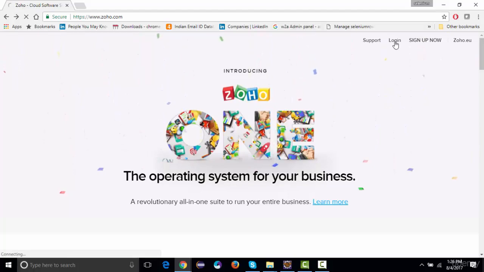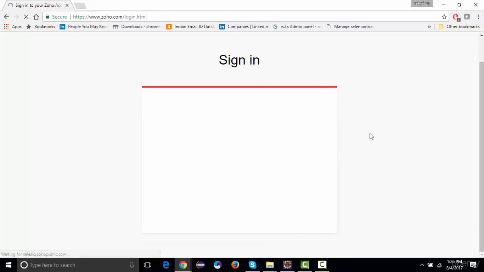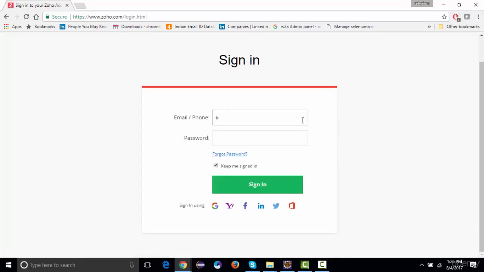So let's say I perform login and log in to my account. You can create a free trial account on this application. You will find so many modules that you can practice and automate on. So let me show it to you.